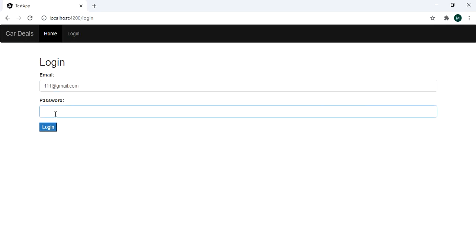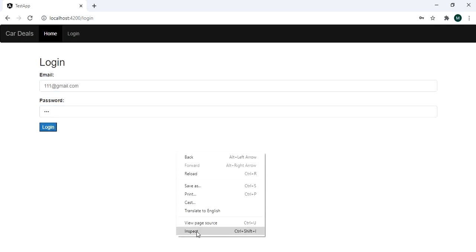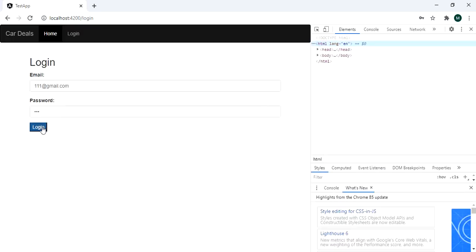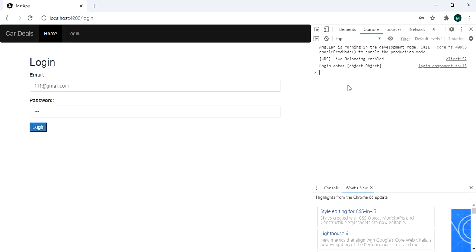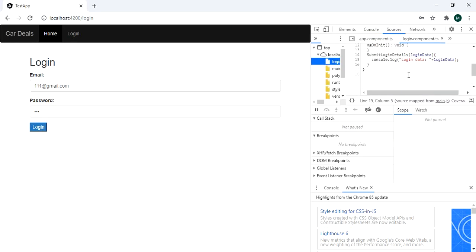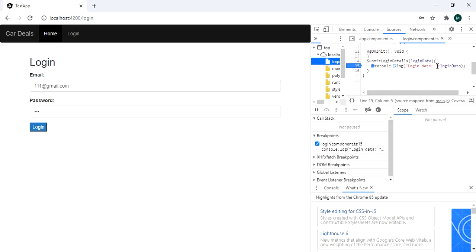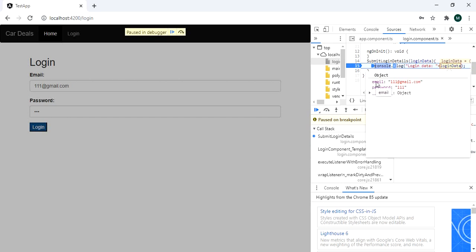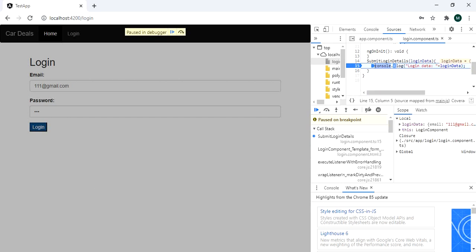Whatever information we are giving will simply get logged to our console on click. So it is printing an object. Let us see whether the data is coming or not. Let me put the breakpoint over here. Once we click on login, we are getting the email and password.